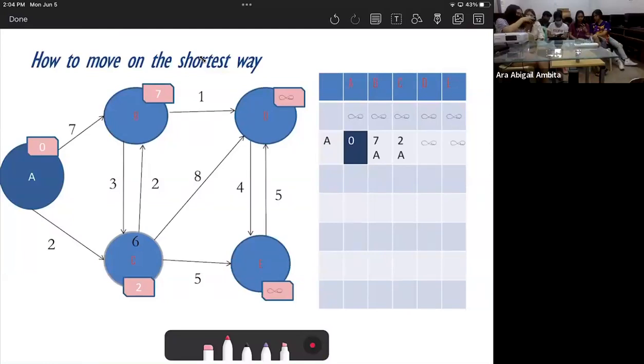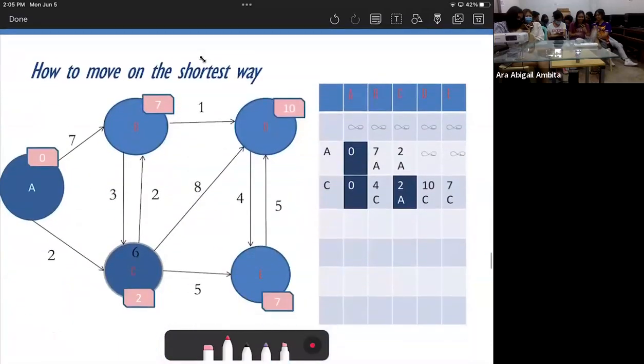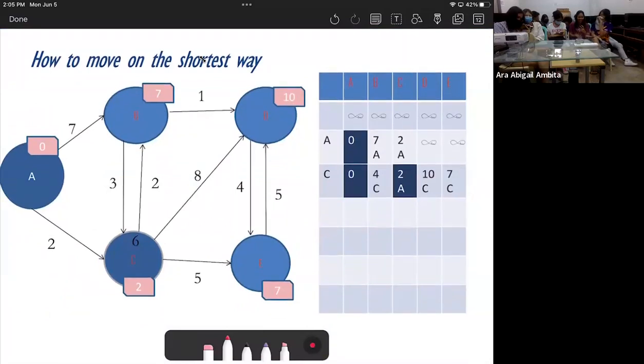So, we set the source ni A, which is B at saka C. Okay? What is the distance from A to B? 7. So, we change D of U to 7. D of B pala to 7. At galing sa A. At saka A to C is 2. Right? So, ito, 2 to A. Now, wala pang path from A to D at saka A to E. Okay, now, kunin natin yung pinaka mababa. So, it is